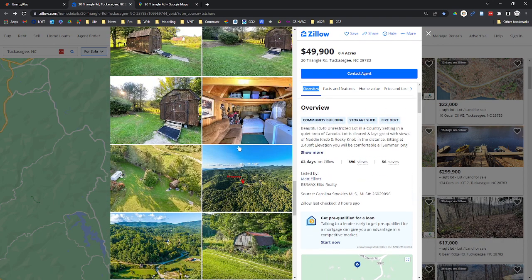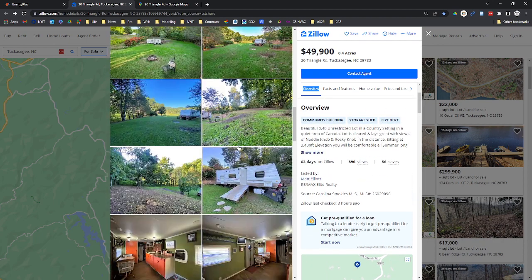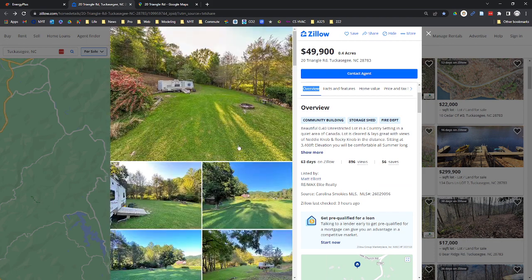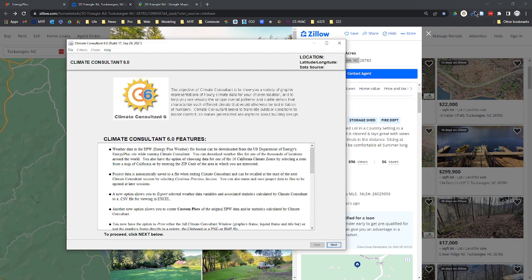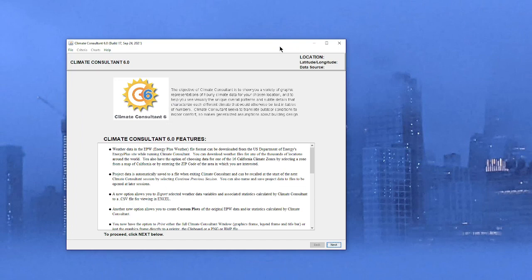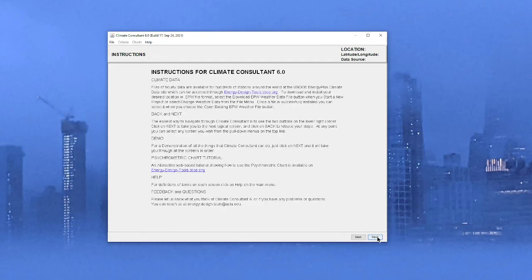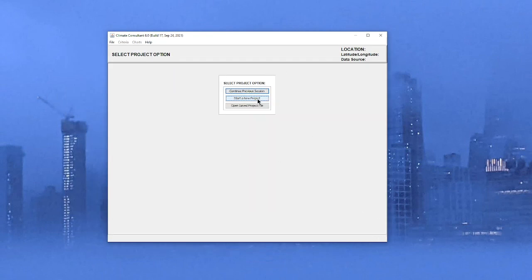She lives in North Carolina, out in the woods, and she was looking at this funky little piece of property that has this RV on it. She's looking to build a house there, but this is what is existing. So we're in Tuckasegee, North Carolina. So the first thing I need to do is find some climate data for that area. So I'm going to go into Climate Consultant, start a new project,